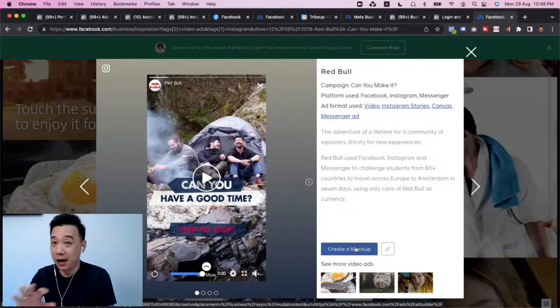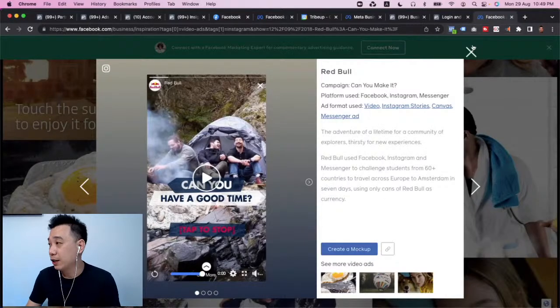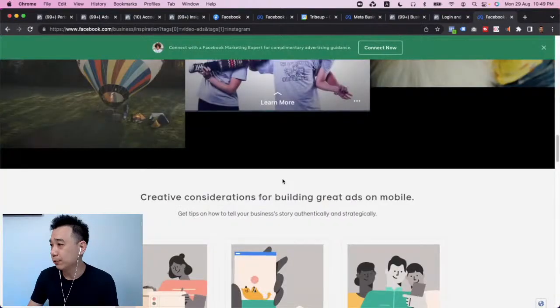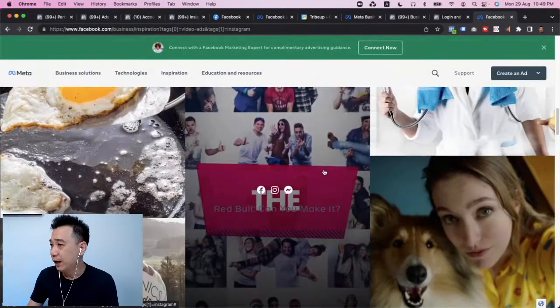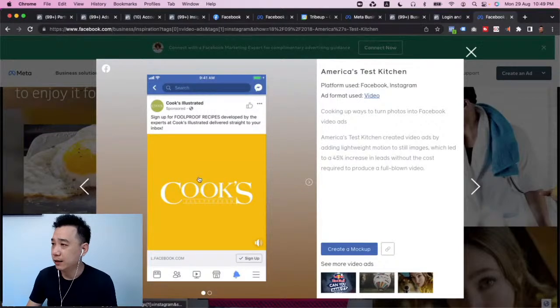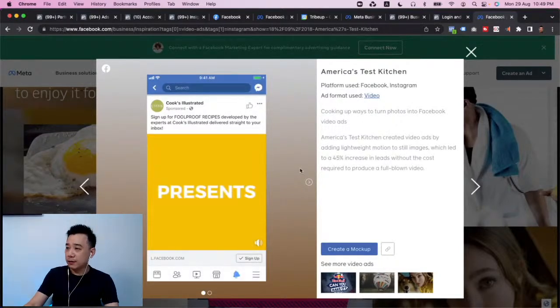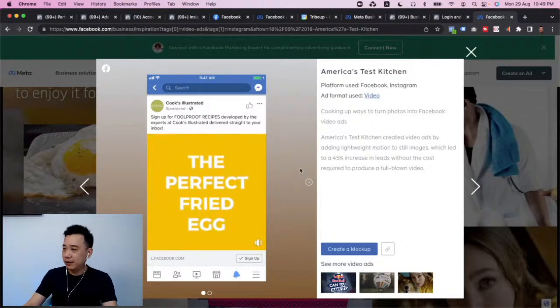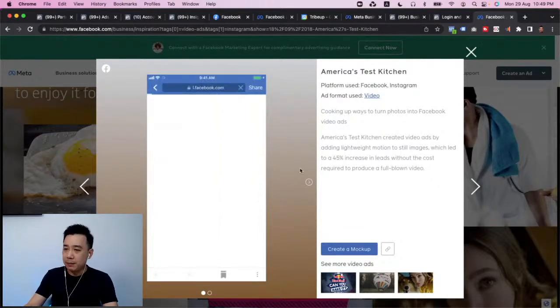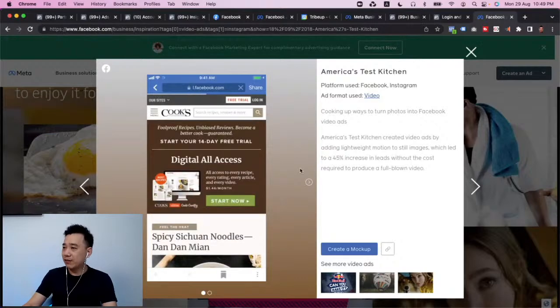So I will let you explore these things. You can just play with it. If you come back down here, there are so many ads you can look into. This is another one, this is the Facebook ad. Take a look at this. You see? Big fonts, clear images and all that, that gives people all the reason to click.